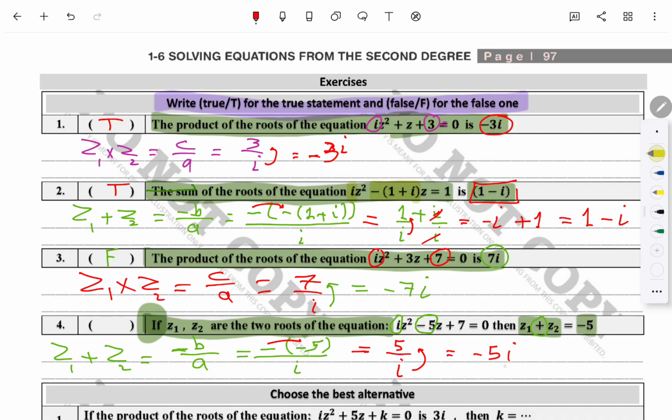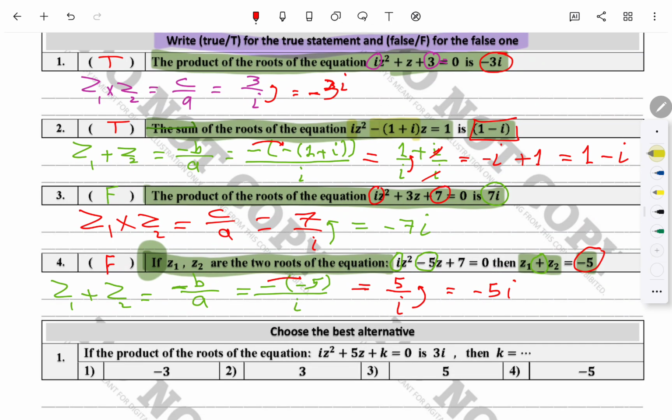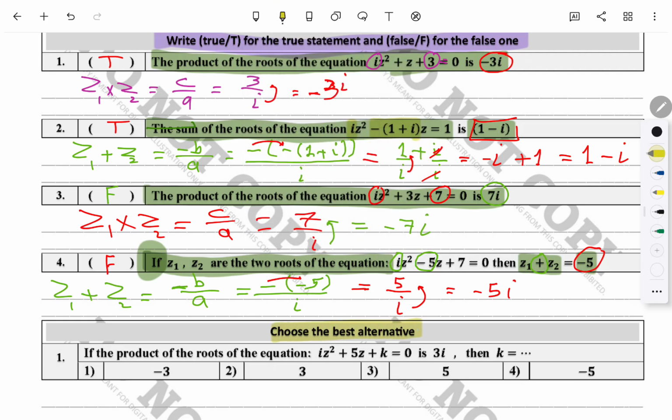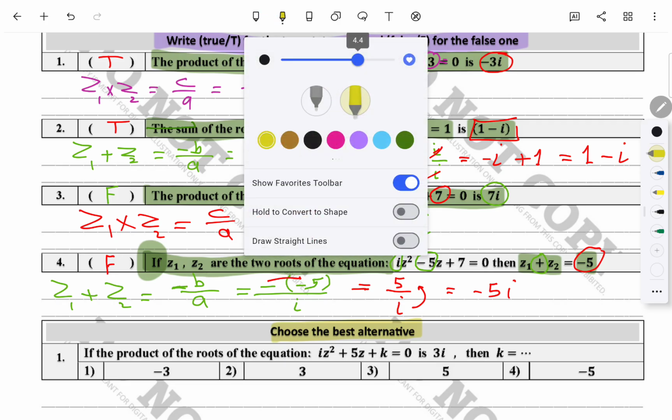Compare your solution with his. You can't see i written. That means it is false. Now we have to change the type of the questions to be choose the best alternative. And the first question in this type is going to be